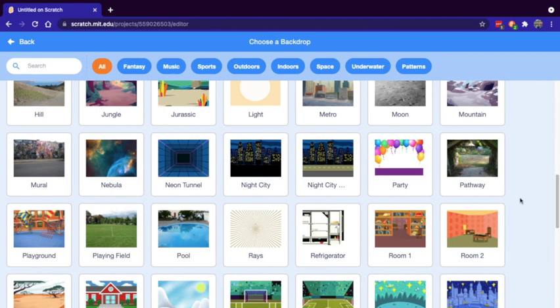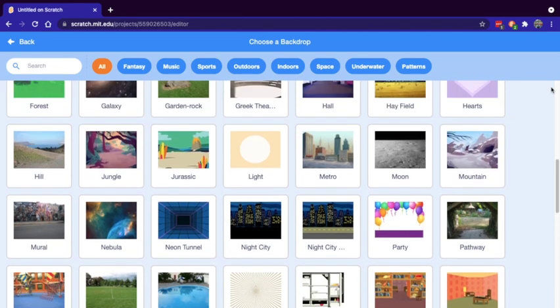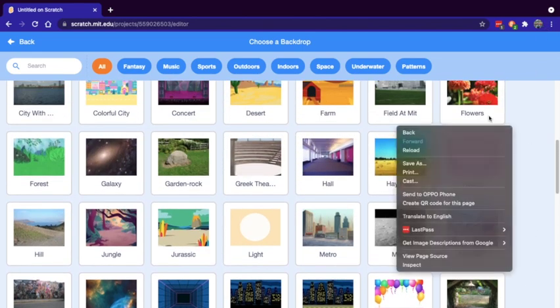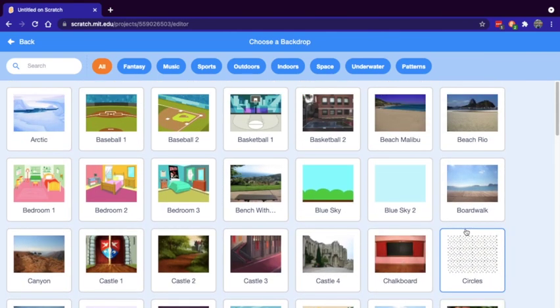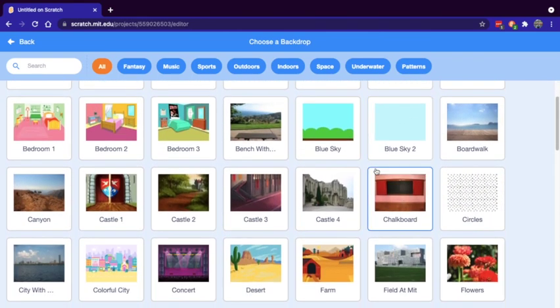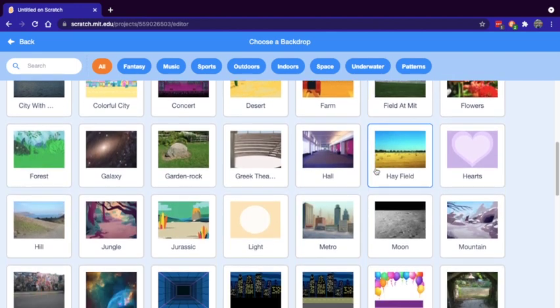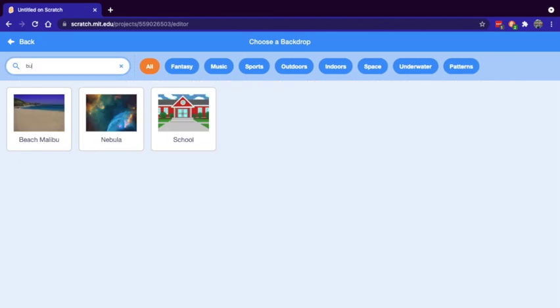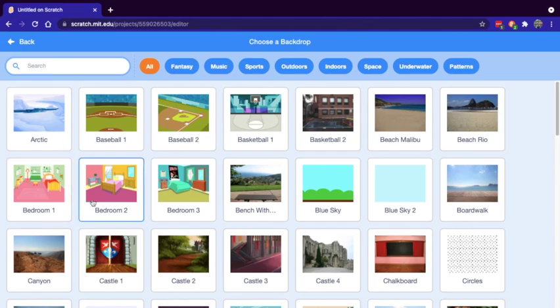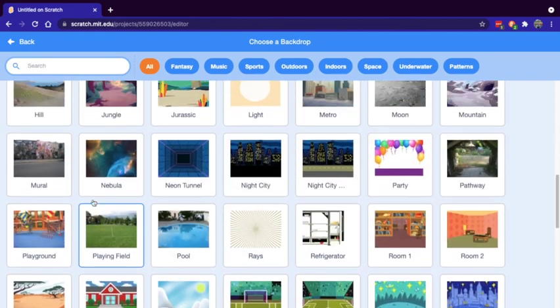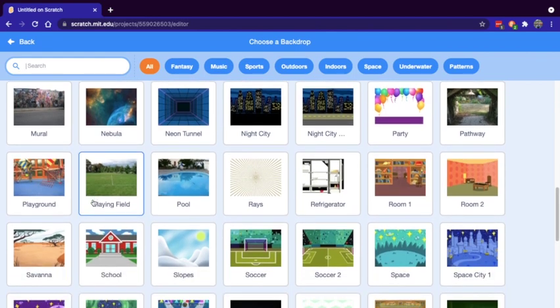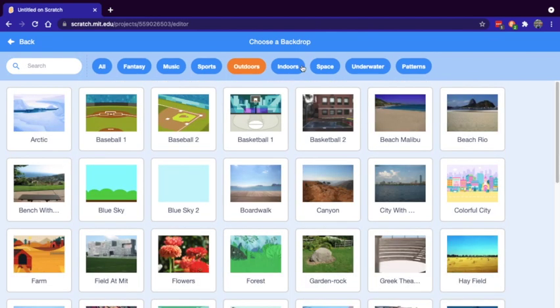Where is it? I will choose the buildings background. Let me search it. Buildings, no. That's a good background for what I am going to do here. Outdoors, yeah, I think outdoors it will come.